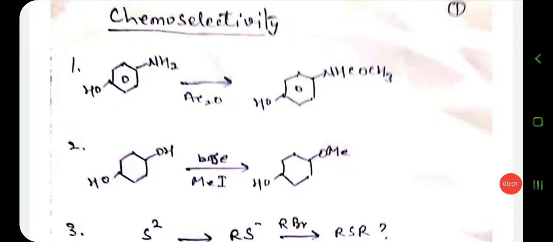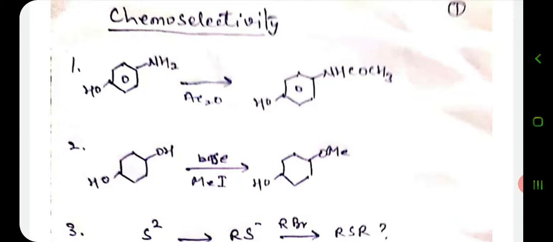Good morning. Today we will discuss chemoselectivity. When a functional group is selectively attacked in the presence of a different functional group, the reaction is said to be chemoselective, and this type of selectivity is called chemoselectivity. When a molecule contains two or more reactive groups and we want to react one of them but not the other, the question arises.